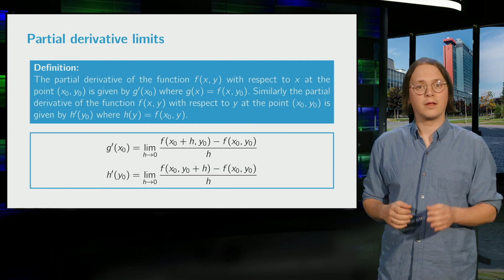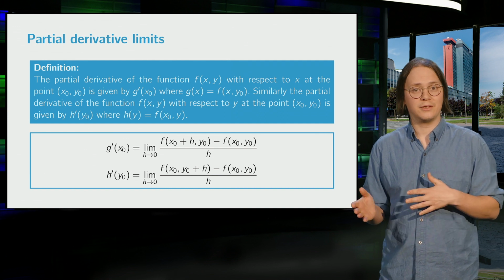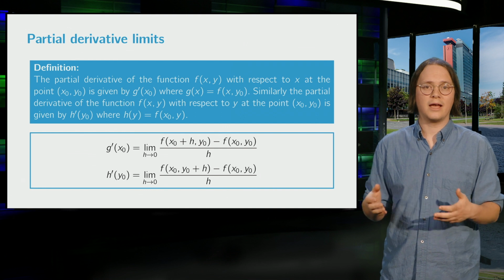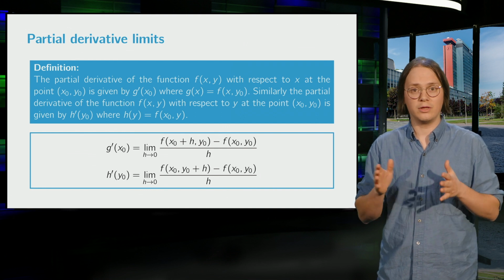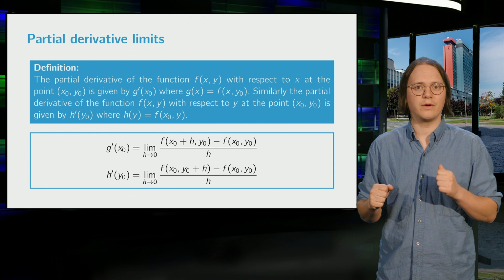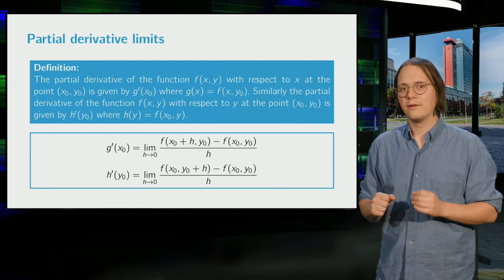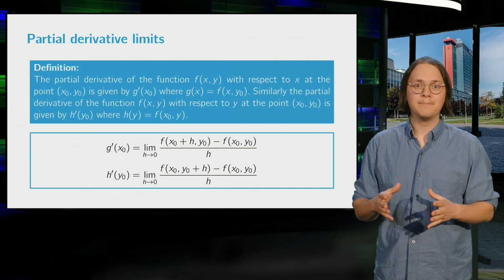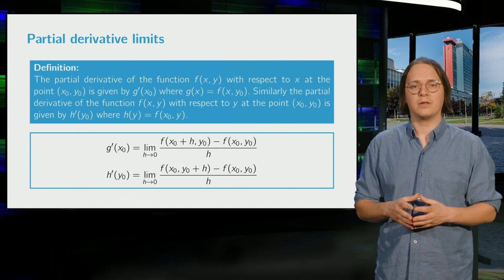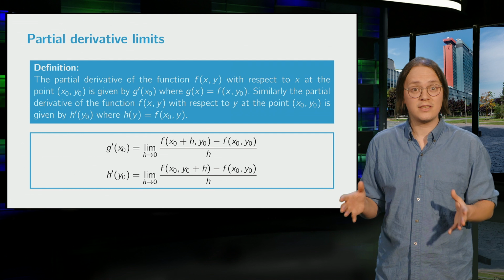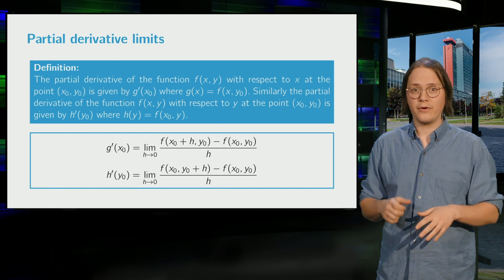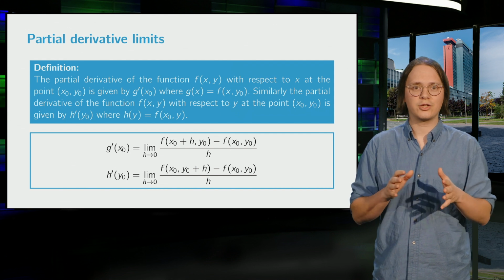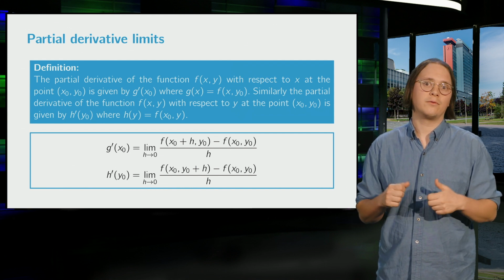Note, by the way, that we will not in general be using this definition in terms of limits to actually compute partial derivatives. Instead, we will rely on already knowing how to differentiate many functions of a single variable. However, the definition in terms of limit does make one thing clear, namely that, as is always the case with limits, the partial derivatives need not exist. In particular, when the function is discontinuous or overly choppy or spiky in the x or y direction, the relevant partial derivative will fail to exist.